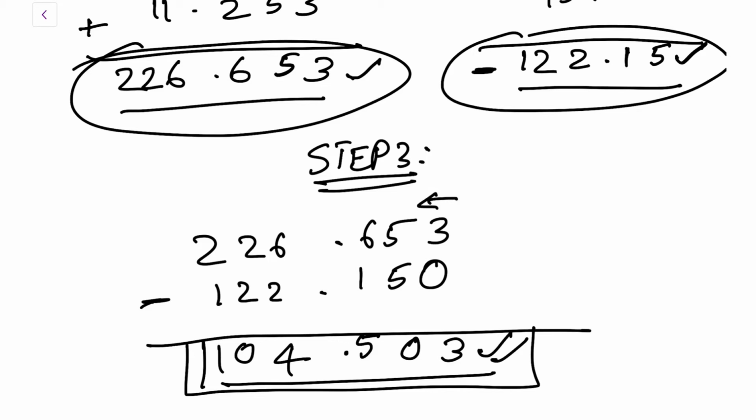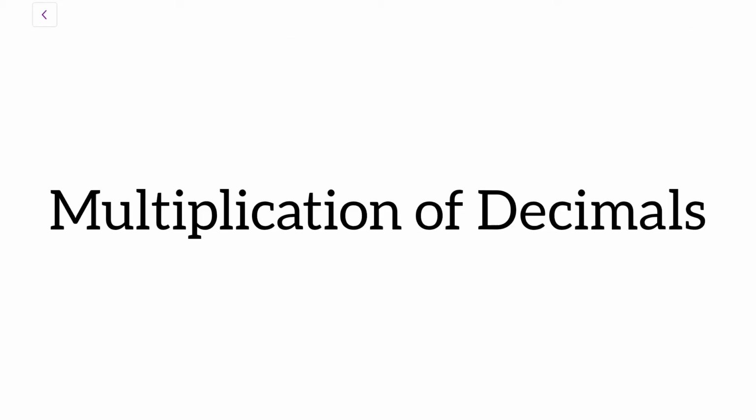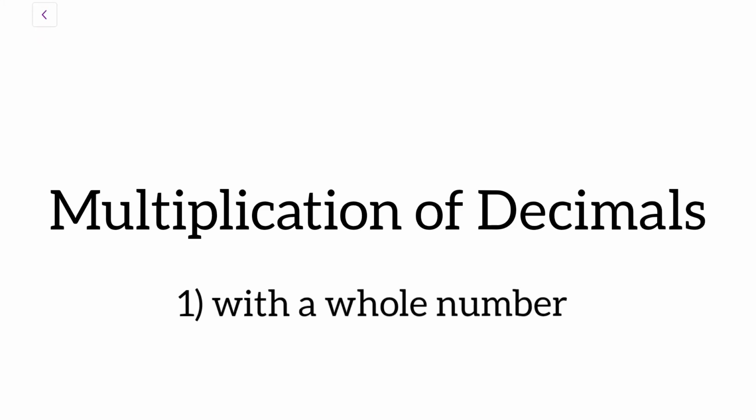This is how you do simplification of decimals. Alright, now let's look at multiplication of decimals. Again, let's take an example. 3.76 into 2. Alright, how do we do this? Again, you've seen this earlier, but let's revise it once again.